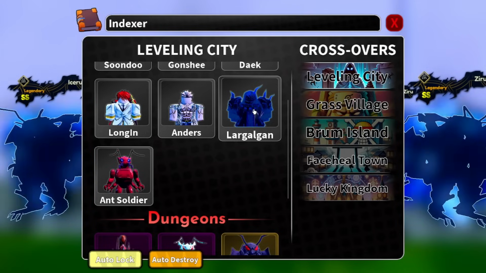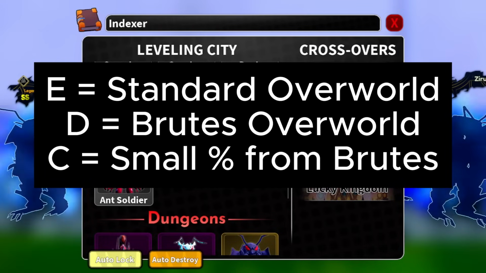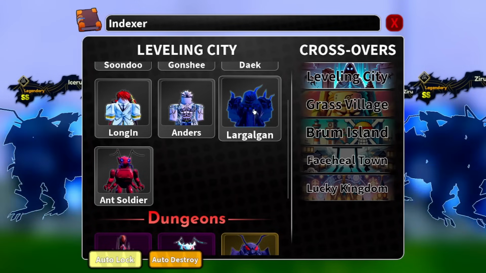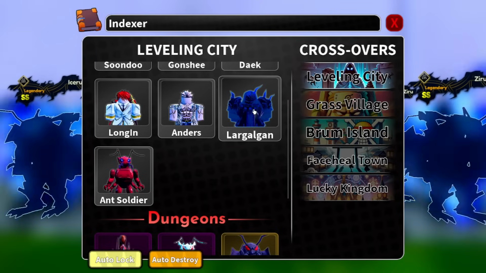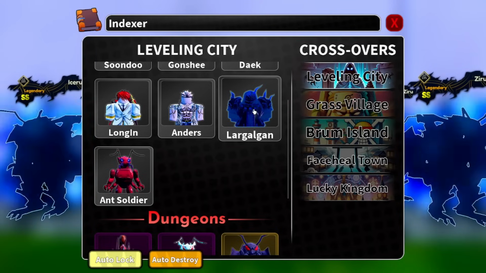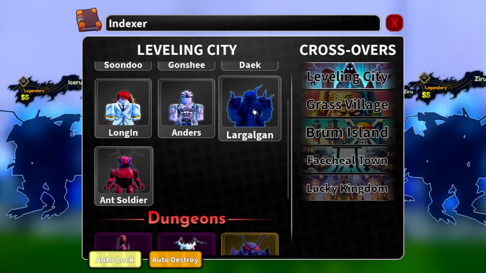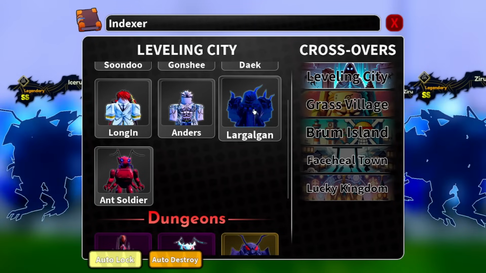A D rank is what you're gonna get from the brutes, which are the larger versions of the shadows. And a C rank is what you're gonna get at a very small chance by rising a brute. It's a very small chance. I wouldn't, in most cases, try and aim for that because it's such a rare chance. I have not seen a lot of people try and get that successfully, but just try to aim for the D version. So try and get some brutes on your team,